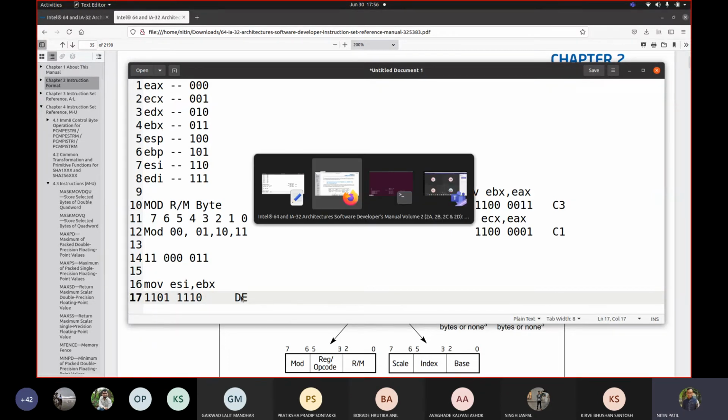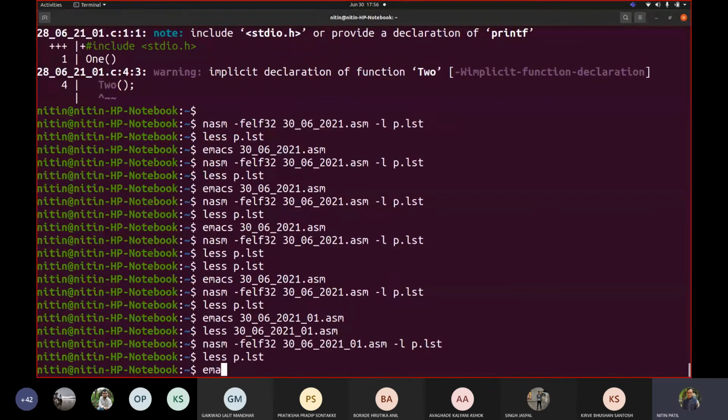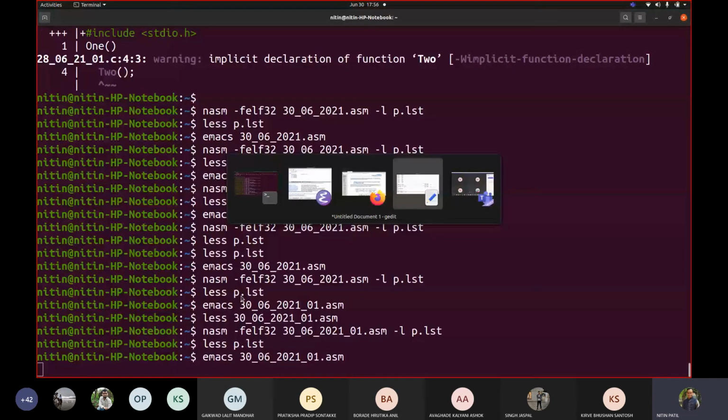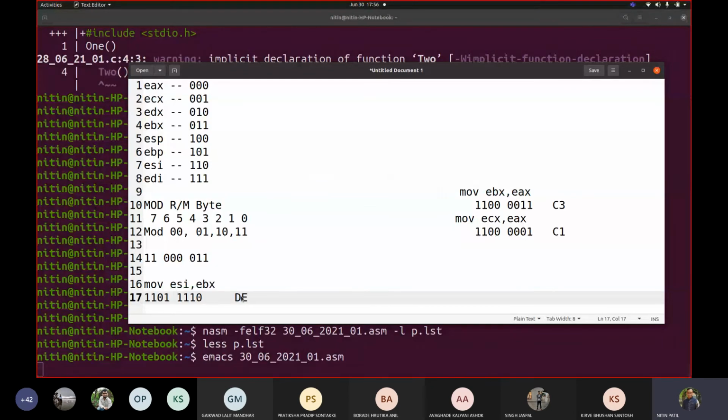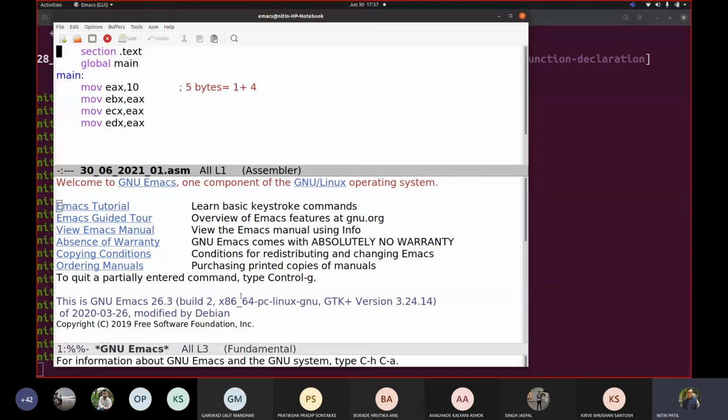Let us try this. Move ESI comma, we took EBX, right? Let me see that one more time. What instruction did I take? Move ESI comma EBX. So our target is what?